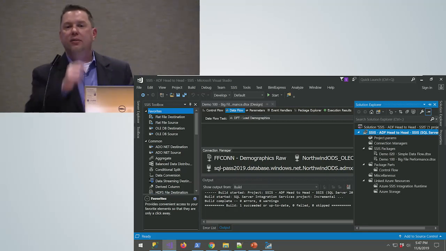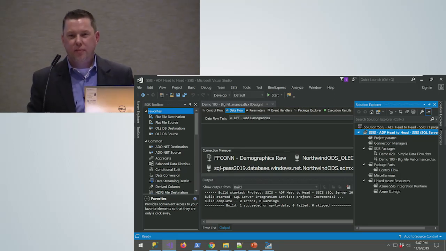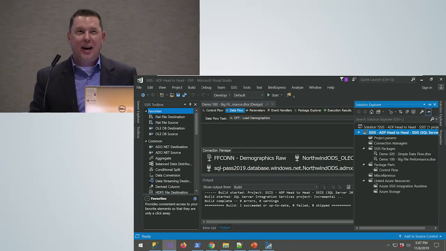Yes, sir. What's the minimum compatible version of Integration Services that you need to have in order to bring it up? The question was, what's the minimal compatible version? I don't know that I've experimented with that. I know it would have to be at least 2012, because you would need to be on project deployment mode.